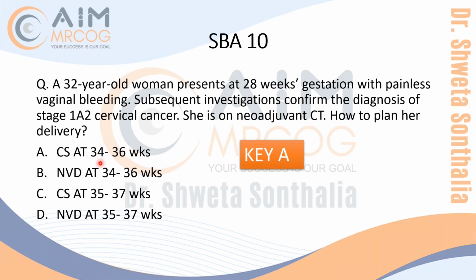You are choosing cesarean at 34 to 36 weeks, so you are always doing preterm CS for her. So when will you decide classical and when will you decide lower segment? Because it is always preterm, there will not be a well-developed lower segment, but yes, there could be lower segment development after 34 weeks. So both ways, when will you choose classical and when lower segment, because anyway it is preterm? So your criterion is development of the lower segment. And what is the other thing?